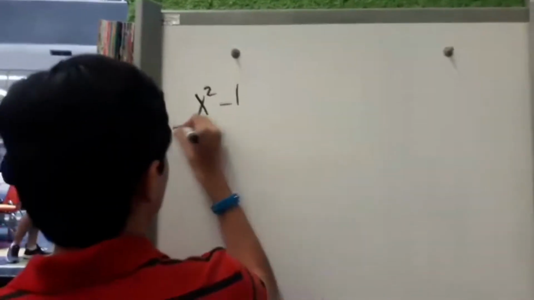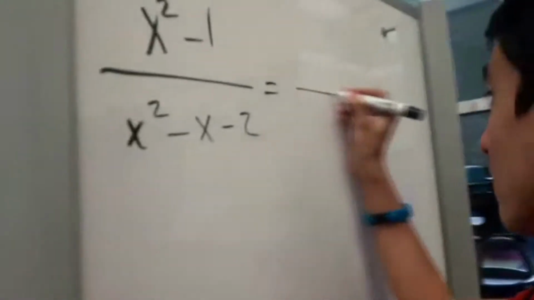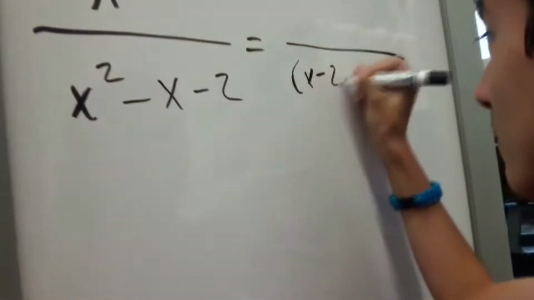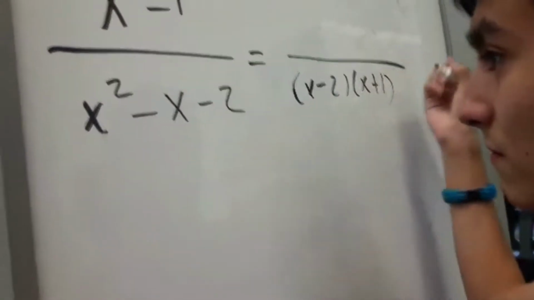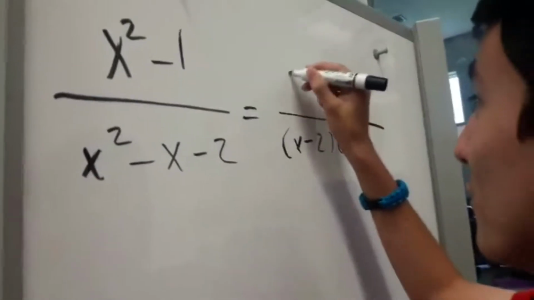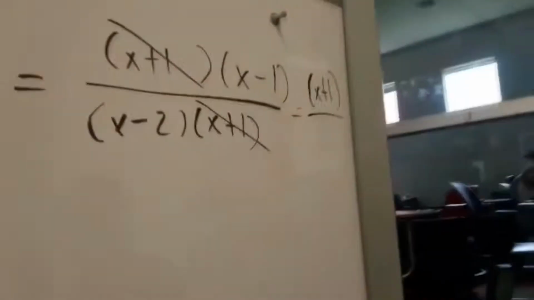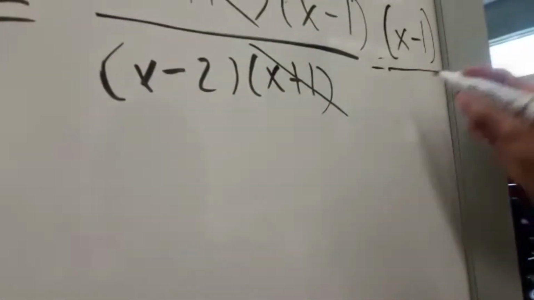First, you have to analyze the problem. The problem has quadratic variables as numerator and denominator. Since the problem has quadratics, what must be done is to factor both sides of the equation. Numerator will become (x + 1)(x - 1), and denominator will be (x - 2)(x + 1). Then the common factor x + 1 has to be cancelled,